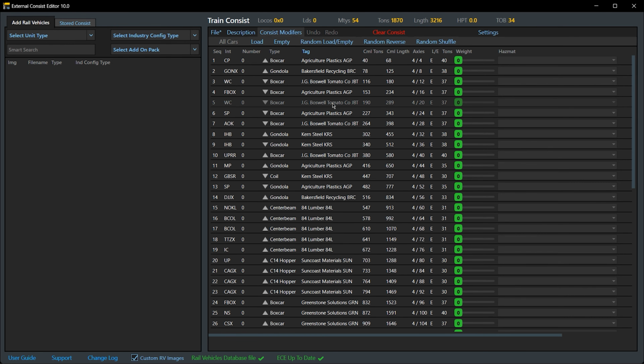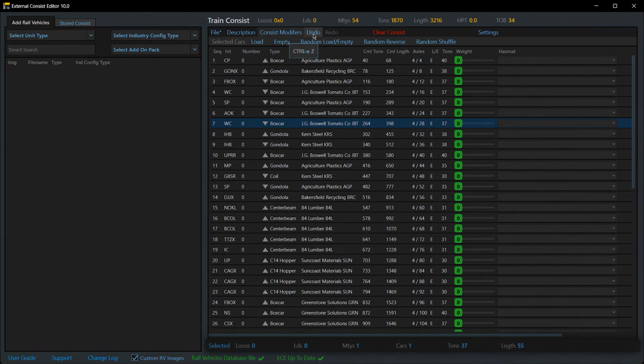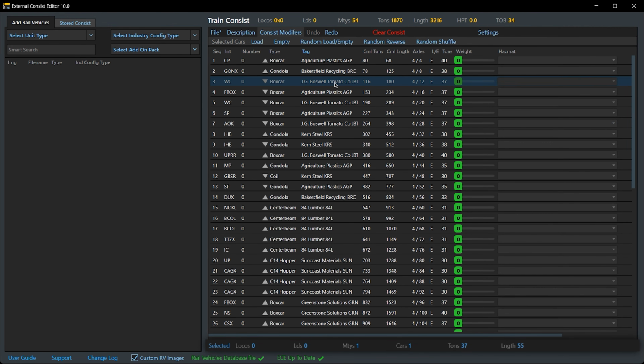I'm sure he's going to be adding some more functionality there, but right now it says undos or redos adding, removing, or moving rail vehicles in the consist. So I think it will only work like if I drag this one here. Yeah, see how it says undo? And then I can click it, it puts it back up there. Or if I chose those three, I can undo